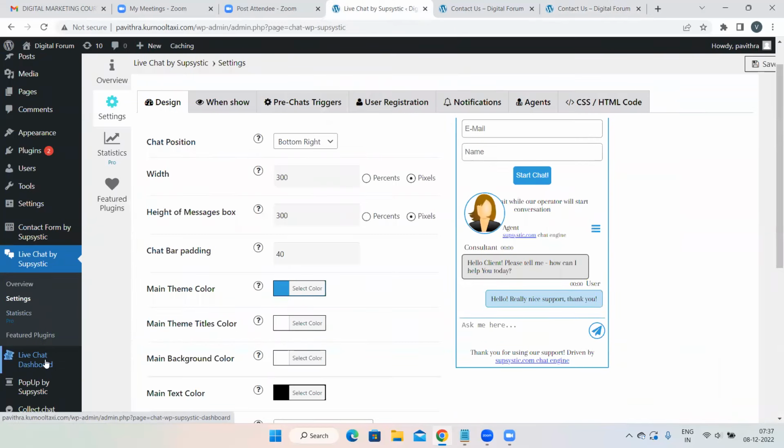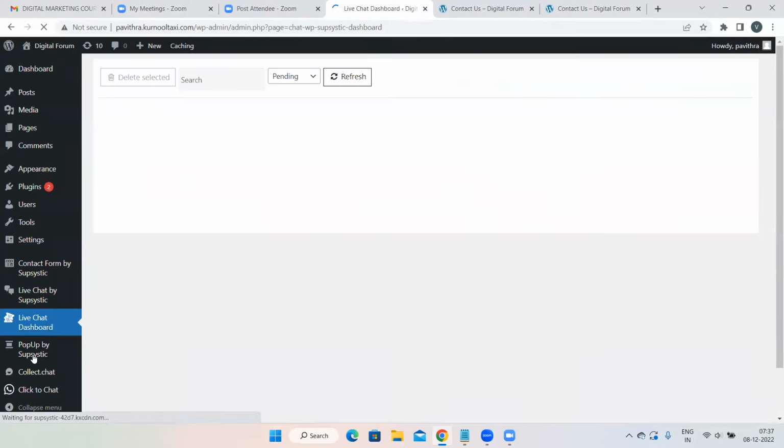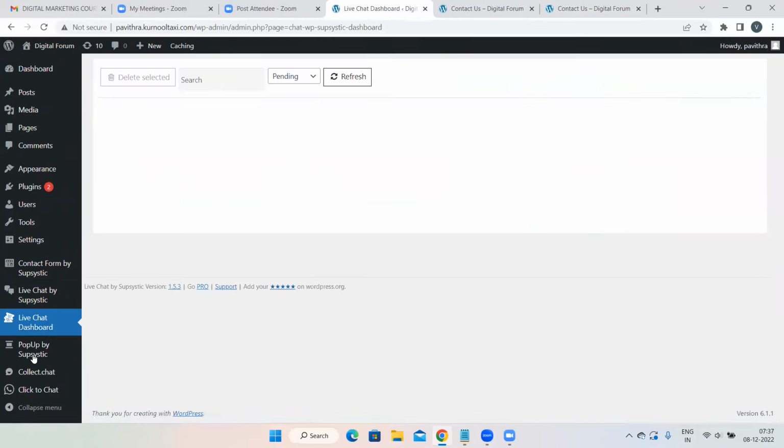Is it clear, Ravi? In the live chat dashboard, you can see the information of the user who has given their email ID and their name. Okay, so just click on live chat dashboard over here. I don't think it is working, but let's see. Okay. As of now, this plugin is under maintenance, I guess. It is not working, but generally how it appears is